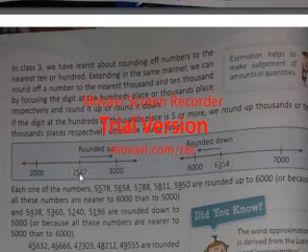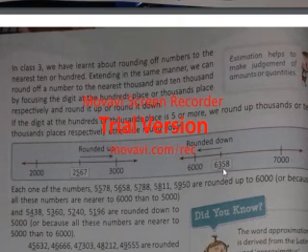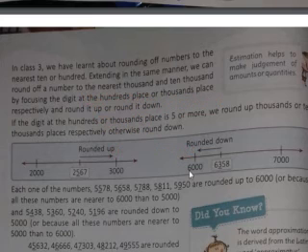As you can see over here, it has been done. 5 is over here. I had already said for ones and tens, if it is 5 or more than 5, we will be adding 1 and it will be rounded off. So you can see 1 is added to the 1,000th place and all becomes 0. This is rounded up. If it is less than 5, we can see over here it is 3 at the 100th place, so it should go rounding down. And its nearest 1,000 becomes 6,000. All will become 0. Nothing will be added.